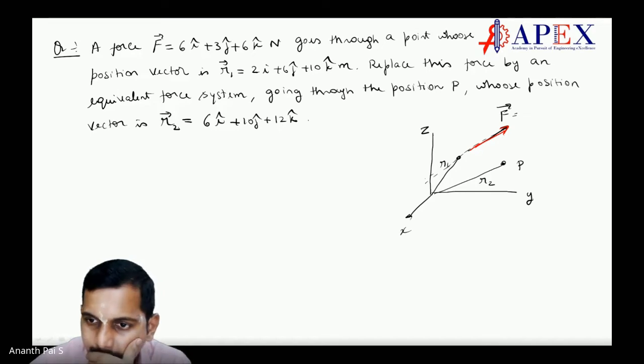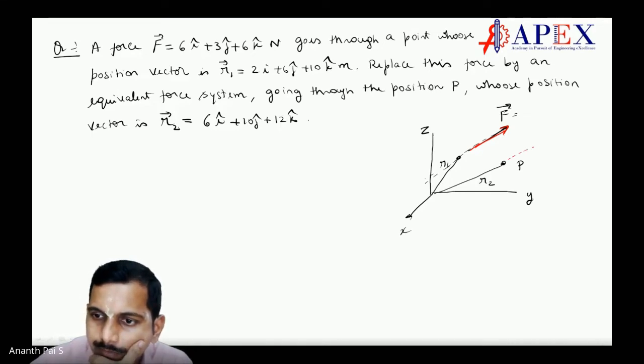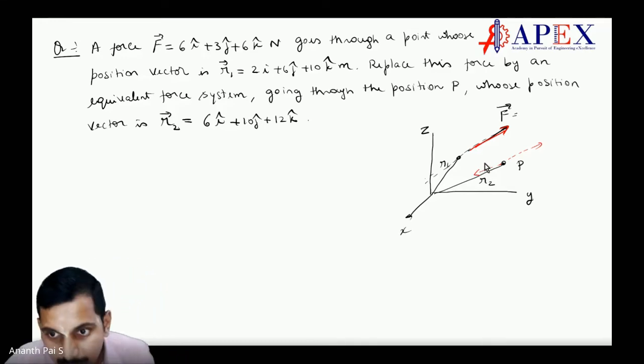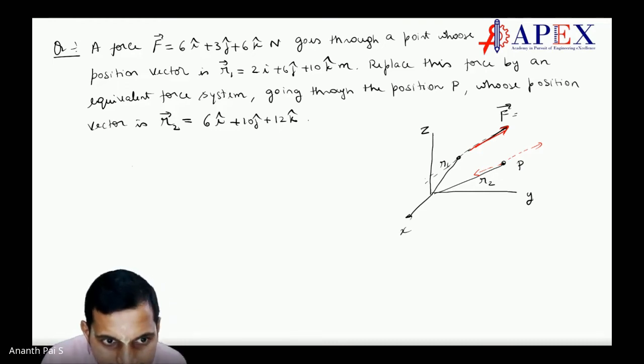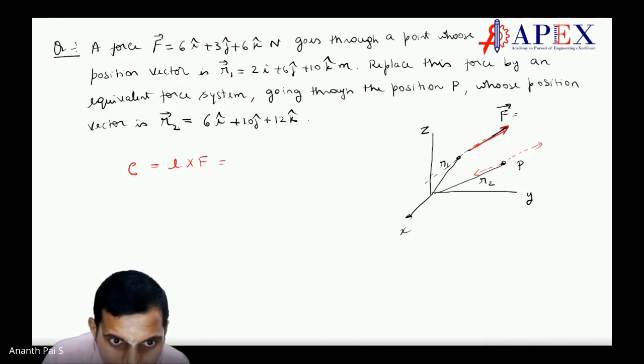Let us introduce two forces here, students, correct? This one and this one. So this particular force and this particular force will go as a couple. What is the couple moment? Couple moment C is equal to r crossed with F, which is equal to